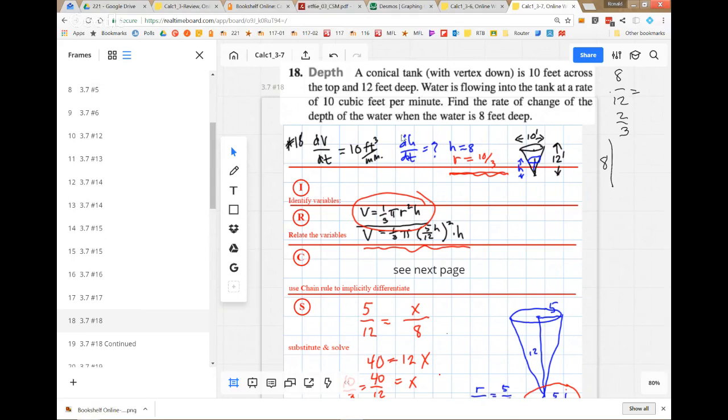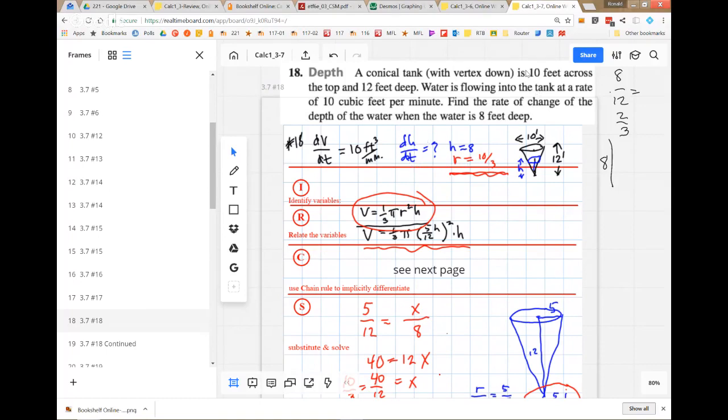What's the depth, or usually we call that height. So dH/dt when the water is 8 feet deep. The blue circle here is indicating how deep the water is in the tank. And that height is H there. So when H is 8,